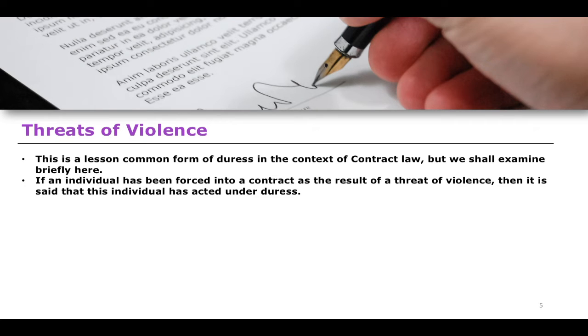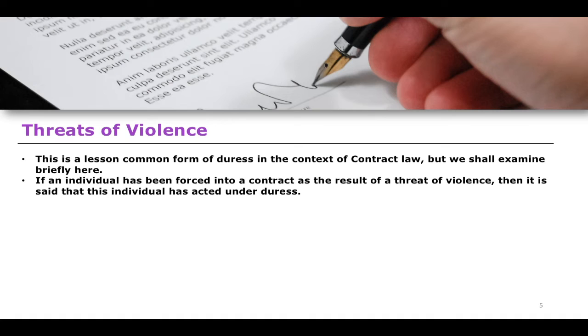If you then respond to that threat of violence in a way that is essentially instructive of what I want you to do in the first place, if you then go and sign that contract, you cannot be said to have acted freely, of your own volition, of your own free will. Otherwise, if you had acted voluntarily in entering into that contract, I would not have needed to use threats of violence